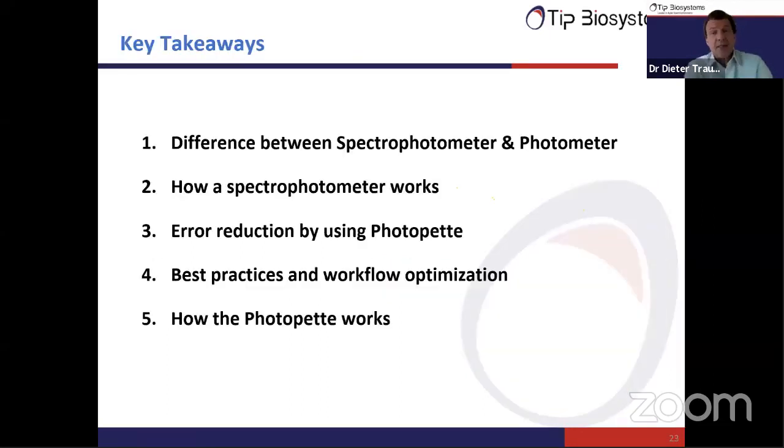So with this, let's recall a few of our key takeaways for this webinar. We touched on the differences between a spectrophotometer and a photometer. You have learned that a spectrophotometer measures light intensity or light changes of your sample at one particular wavelength of monochromatic light. The photometer technically is an instrument to measure all your surrounding light, the sun intensity. It's used, maybe, to calculate for a solar farm how much power it should make. Then you would need a photometer.